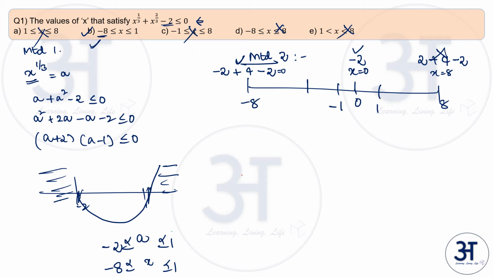So this method 2 you can use for any of these inequalities just by substituting. You should be smart enough not to take some value of x for which it is very difficult for you to get the values. Because it is x power 1 by 3, you should take something which has a cube root. And in this case, it so happened that the extremes have a cube root. So it's very easy to take that and solve by this method if you are very uncomfortable with method 1. So now let us go to the second question.